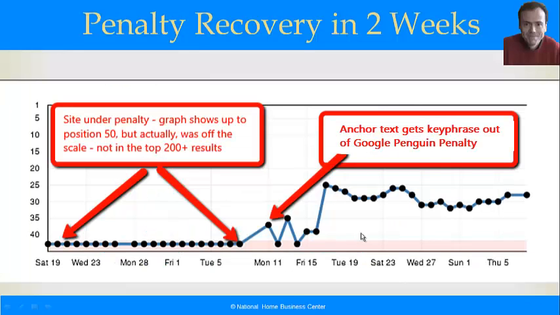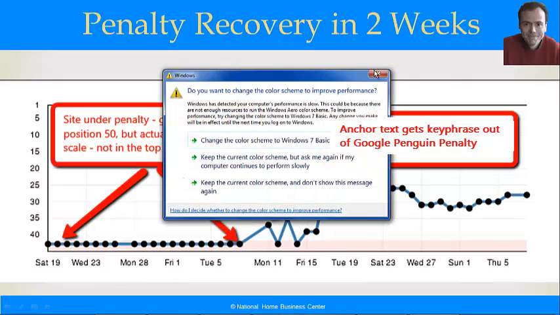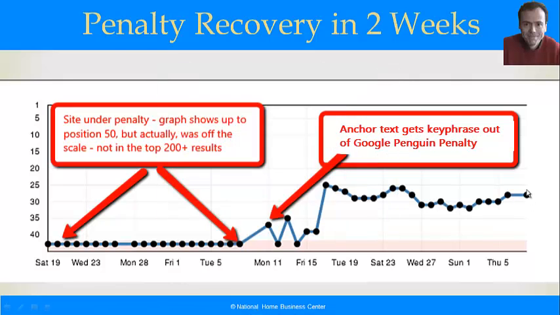Going back to this graph here, that's exactly what we did. He was in penalty, this guy, for having a poor anchor text balance. So he had promoted his main keyword too much, and we were able to do a single campaign to our particular network, which we're going to talk a lot more about on our webinar training, and in just 2 weeks popped him out of penalty and ready for ranking on page 1 with another push.